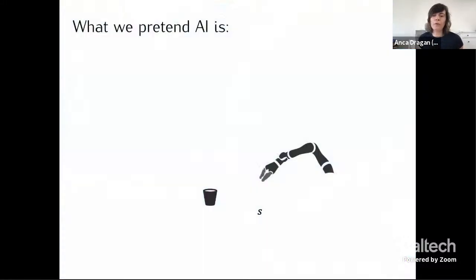So I think the problem stems from the fact that we lie a little bit to ourselves in AI and in optimal control. We pretend that the problem is you have an agent, there's a state space, the agent takes actions, the actions affect the state, there's some reward function that falls from the sky. And the problem definition is basically finding a policy that optimizes that reward function cumulatively in expectation.